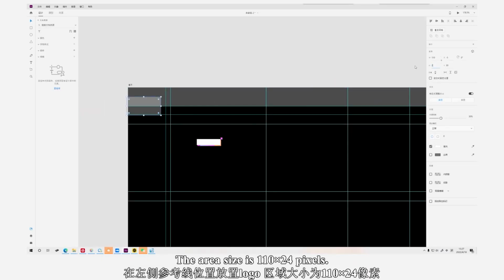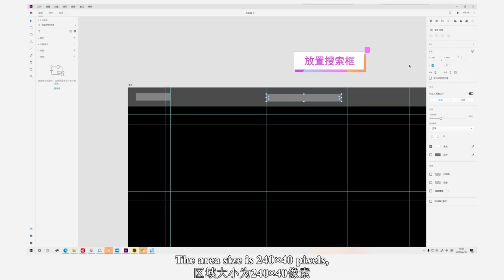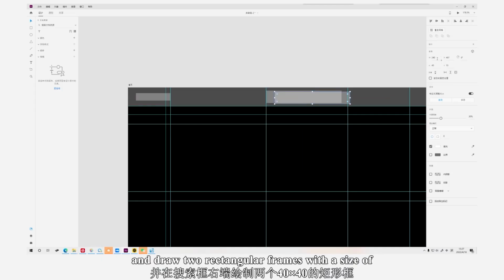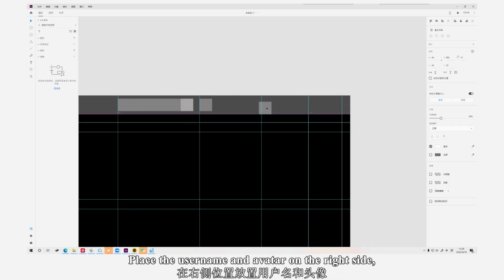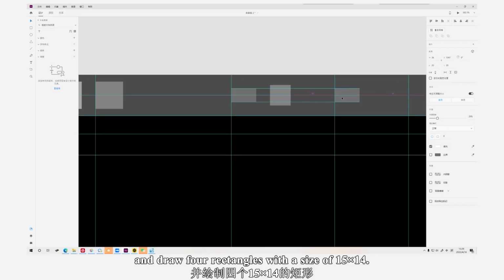The area size is 110 multiplied by 24 pixels. Place a search box in the middle position. The area size is 240 multiplied by 40 pixels. and draw two rectangular frames with a size of 40 multiplied by 40 at the right end of the search box. Place the username and avatar on their right side, and draw 4 rectangles with a size of 15 multiplied